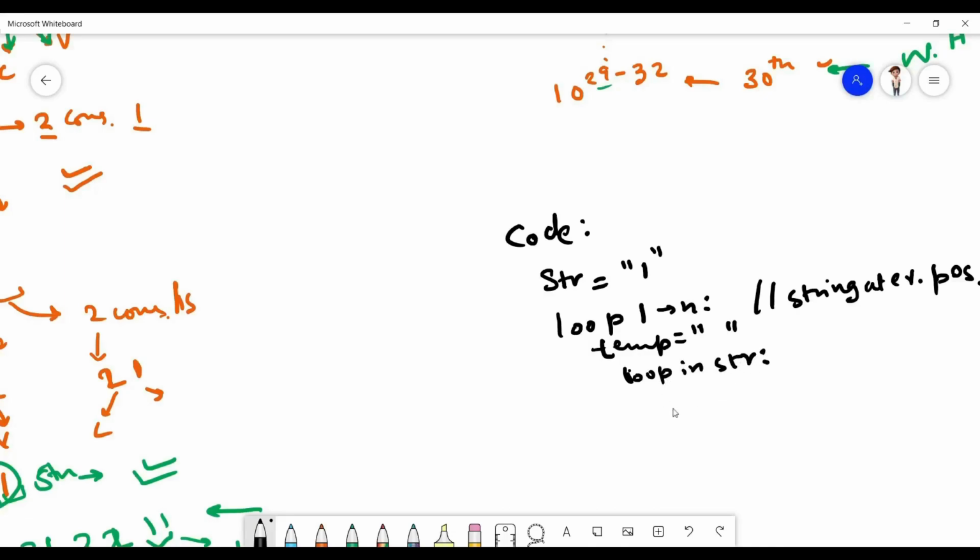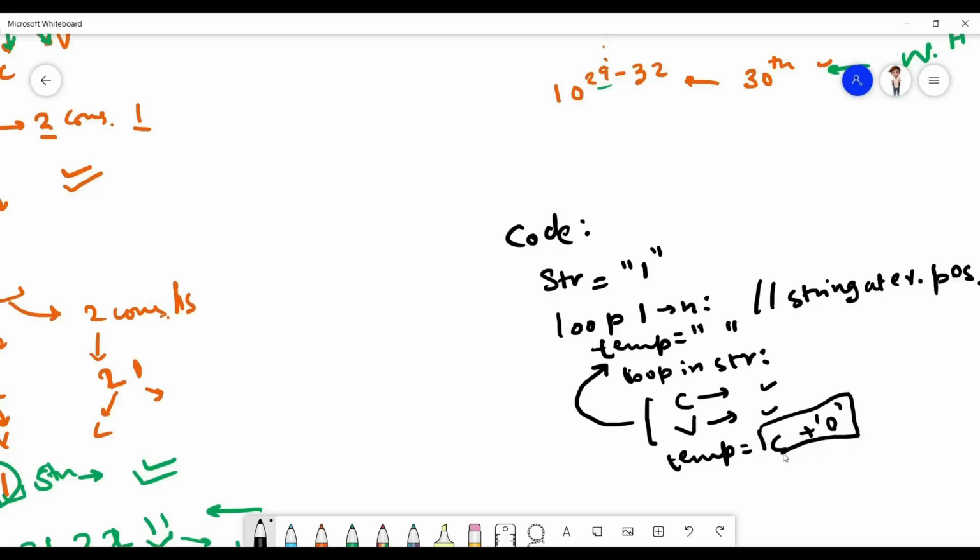For each position, the count value is calculated and the main value is calculated, and as soon as we find these values we update the temporary string. temp will be equal to the count value plus 0, to convert it. This is basically converting an integer to a character. For example, the count value is 3, so it will be converted to the character 3.